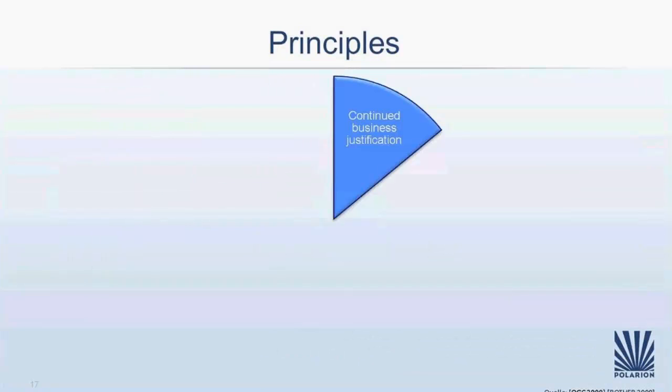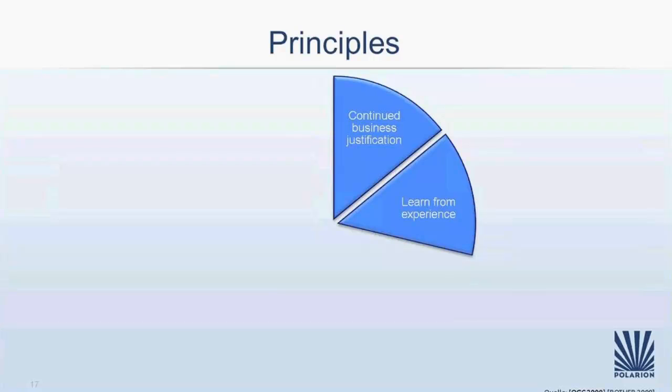One principle is continued business justification. So you always need to think about, is this project really useful for us? Do we really need it? If not, you should think about stopping the project, for example. You should learn from experience. That's also a principle. All the experience you get during a project or even of other projects which were done before, you need to collect, you need to track them,